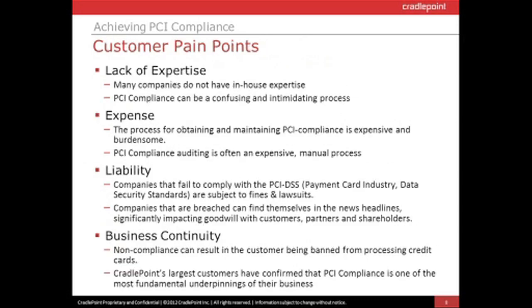Okay, so customer pain points, and this is talking to our customers. What we found is that regardless of the size of the company, many companies do not have the in-house expertise, and it can be a confusing or intimidating process at the beginning. The larger companies do have dedicated resources for this. I mean, Rudy, you can. Yeah, that's absolutely right. Most of the larger companies do have expertise,